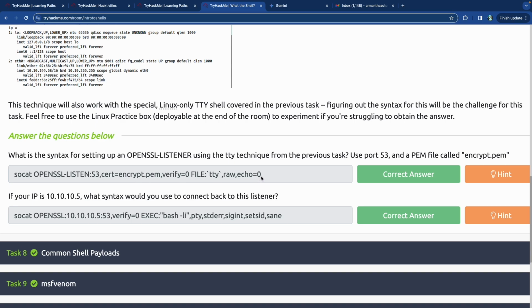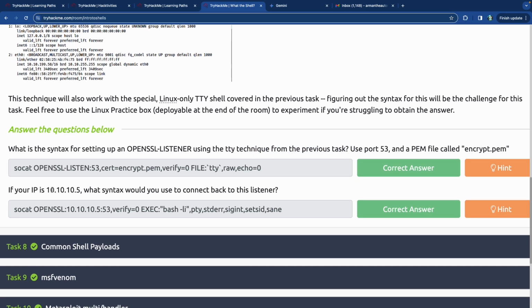And so this is the full command that you would use in this case for setting up an OpenSSL listener using the TTY technique. And then if your IP is 10.10.10.5, what would you use to connect back to the listener up here? So you do socat OpenSSL, no listen necessary, and then you do 10.10.10.5 on port 53, verify, skip that. You're going to execute bash -li and then pty, stderr, sigint, setsid and sane,